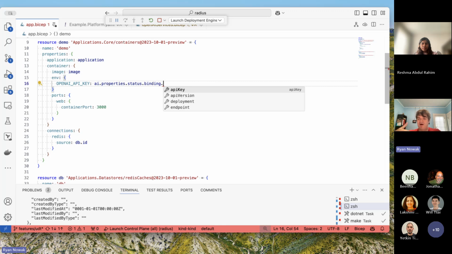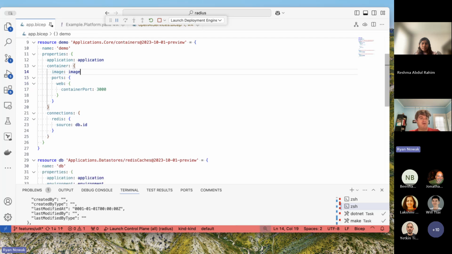I think I showed you these values coming out of the recipe. These are now part of the API of this resource. So any way that I wanted to interact with this data, it's all available through the API because I declared it as part of my API surface. I don't need that for this demo.